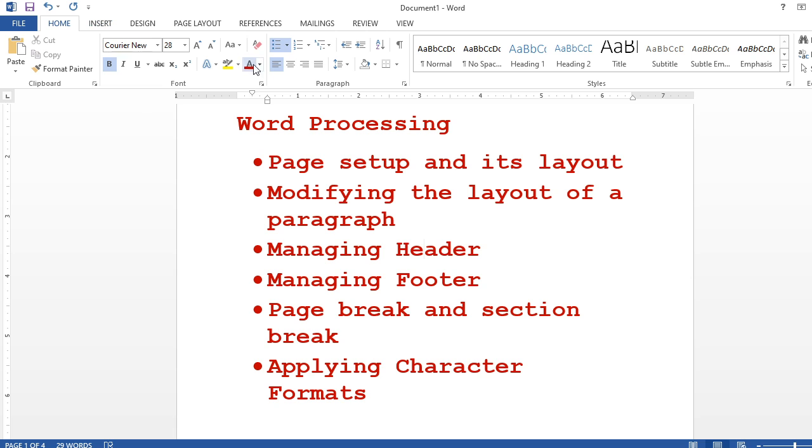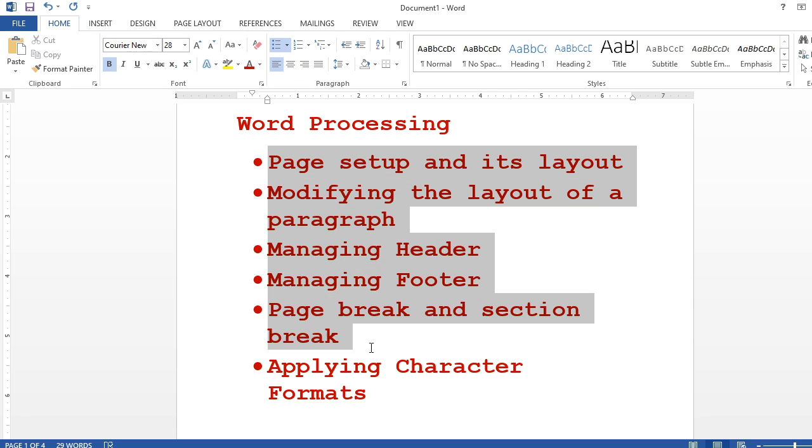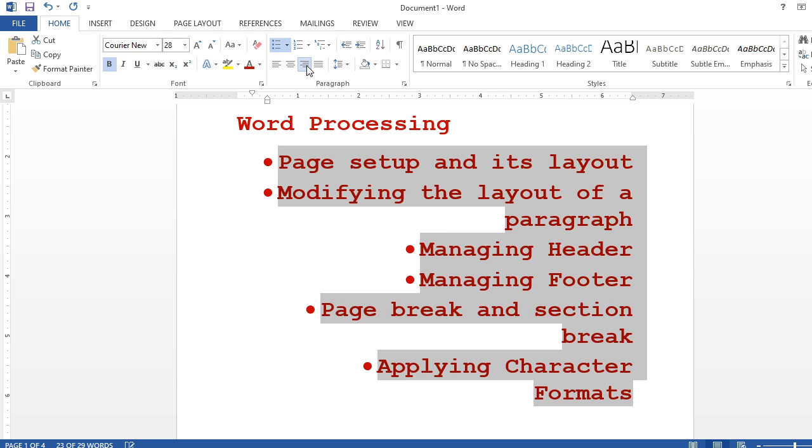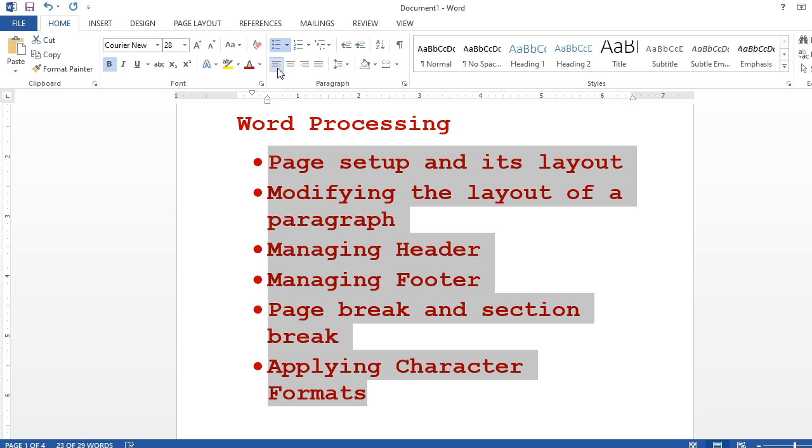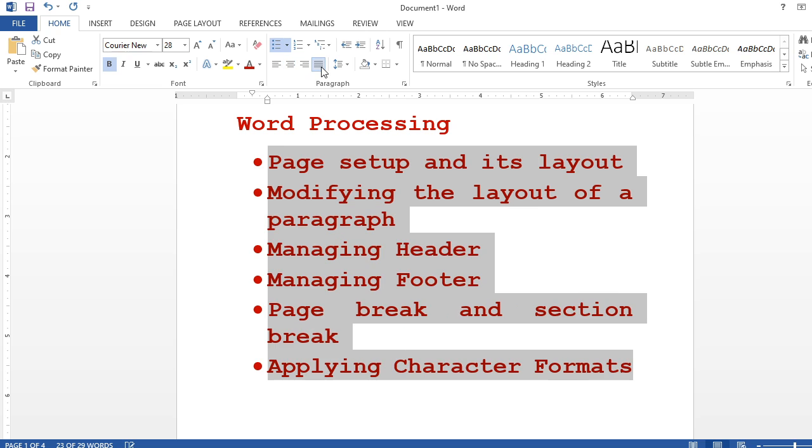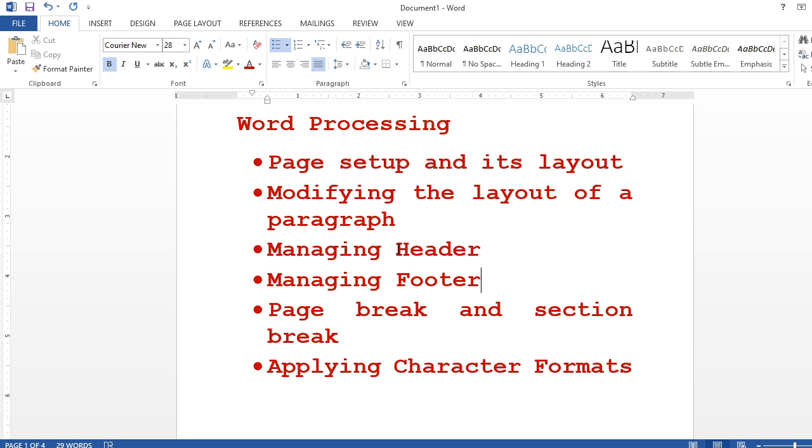I am going at home, this one, I am going to select this page. I am going here, this is right aligned, this one is left aligned, this one is center aligned, this one is justify. Justify means your left indent and right indent will be managed, and you see multiple spacing in this justify form. This is your left indent, this is your right indent of your page. So both margins will be managed in the justify mode.